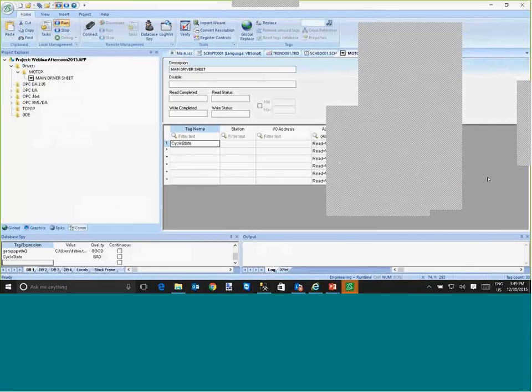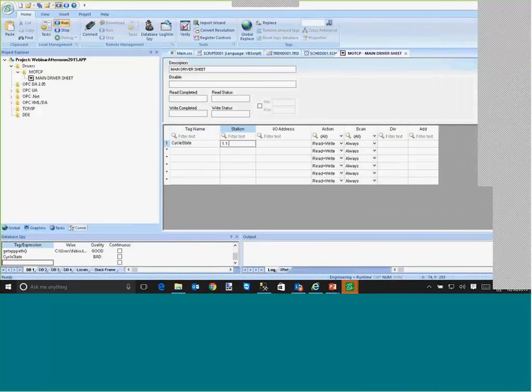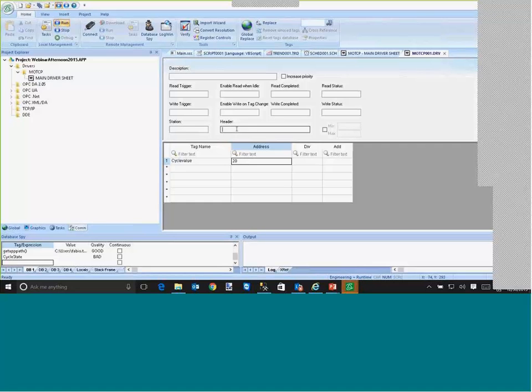But another option is to keep reading this value continuously from the PLC. So whatever it is, let's say holding register 1, you keep reading this information continuously. Now, when it changes, you want to read the cycle value only after it changes, right? So in this case, you can create here a standard driver sheet to read the cycle value, whatever it is you want to read in whatever address it is